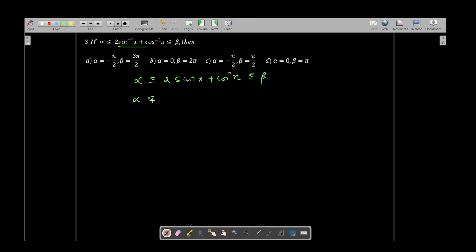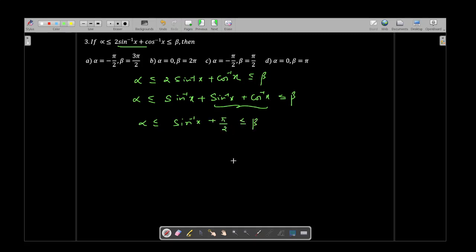So here I can write 2 sine inverse of x as sine inverse of x plus sine inverse of x plus cos inverse of x, because I know sine inverse of x plus cos inverse of x is pi by 2. So this is alpha less than or equal to sine inverse of x plus pi by 2 less than